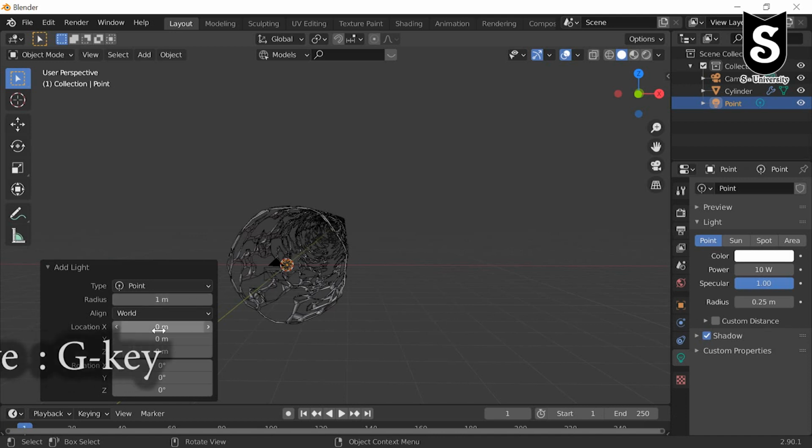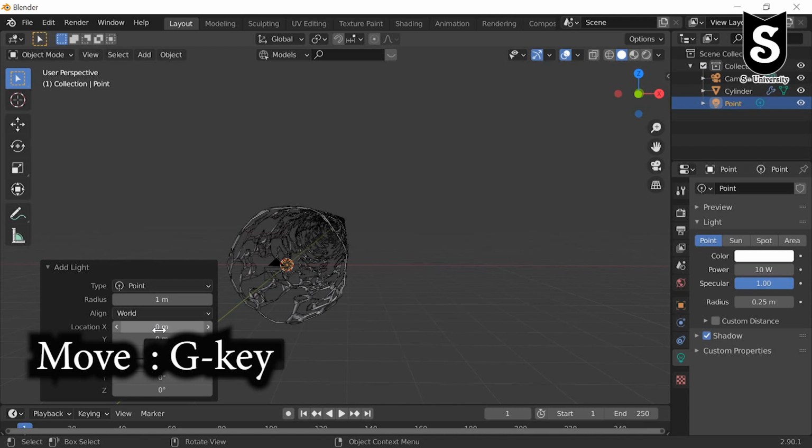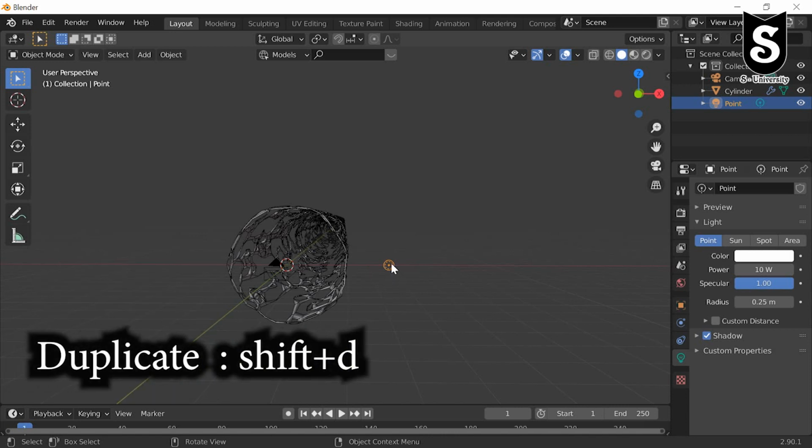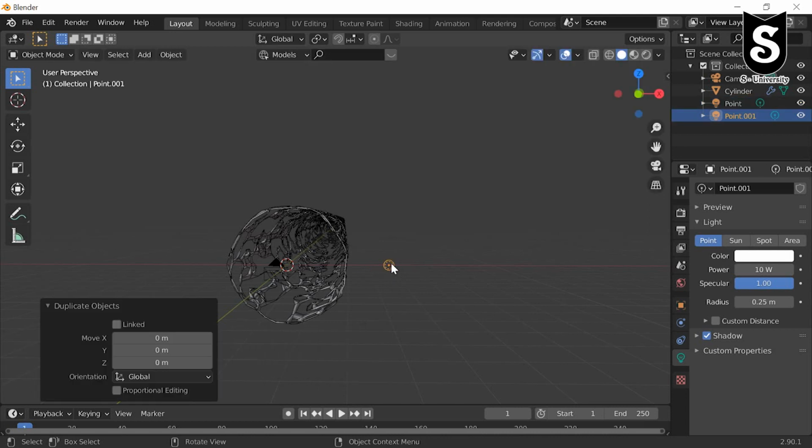Change the position in the X direction, make it around 4 meters, or we are going to take it 5. Press Shift D to duplicate the light. We are going to make it -10 for the opposite direction.